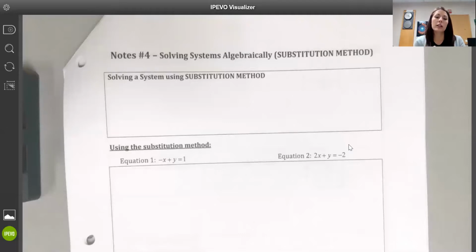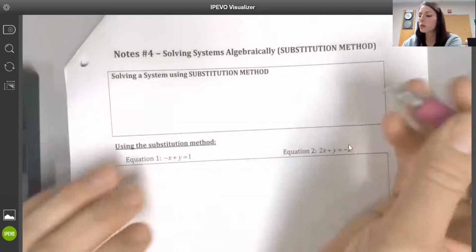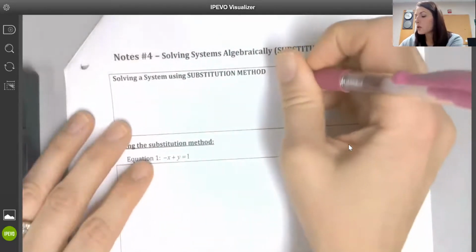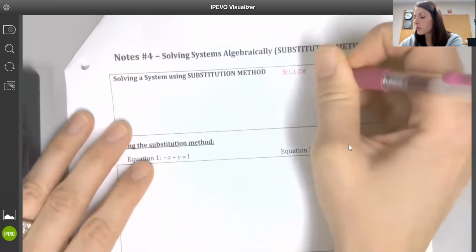And so there's two ways that we're going to learn on how to solve these systems algebraically. The first being the substitution method. Substitution, just like when we were substituting in for a variable, is exactly what it sounds like: we're replacing something, or substituting a value in for something else. Quite honestly, it's not the way I choose to solve a system most of the time. I use the second method that we'll learn. But I use the substitution method